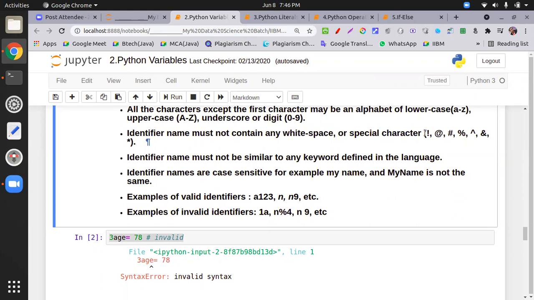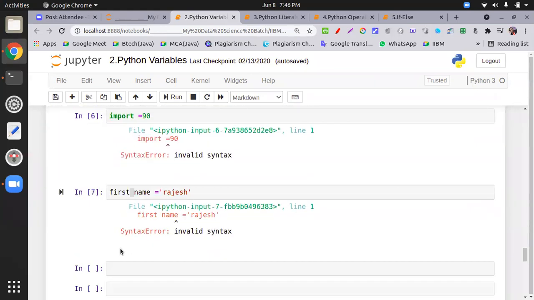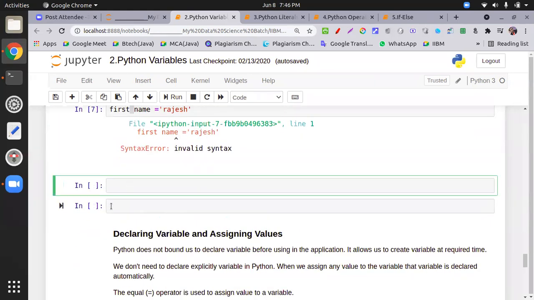Okay, and these are special characters which are not allowed; only the underscore is allowed, along with exclamation, at the rate, and hash. Once we talk about the hash, hash marks are comments. One note I put over here: comment. One more good definition I need from your side, for the comment. It's a general concept.